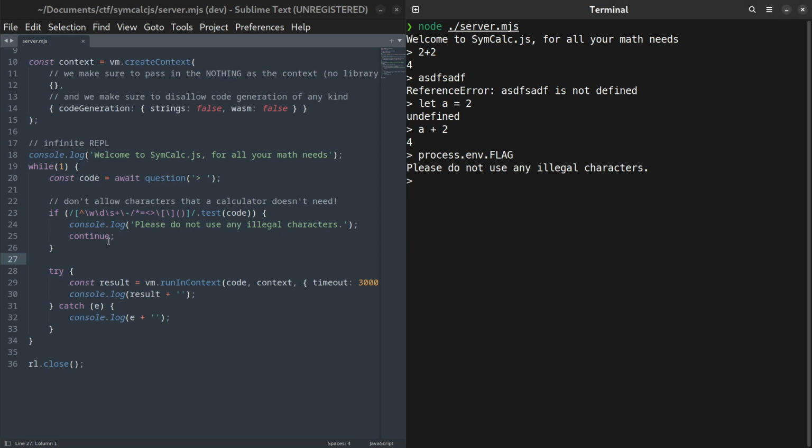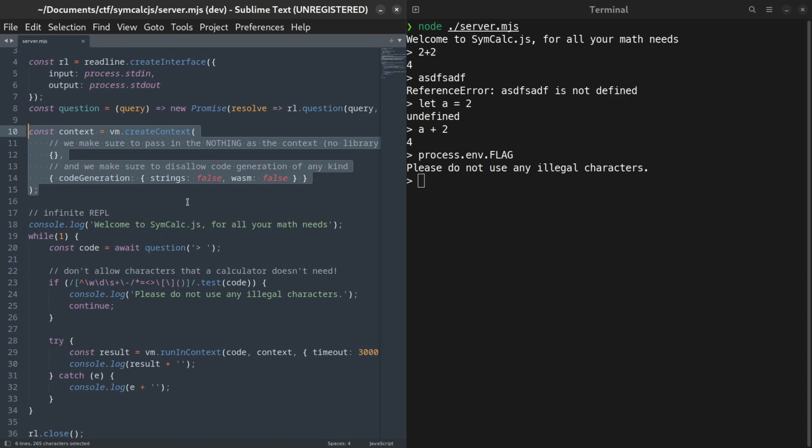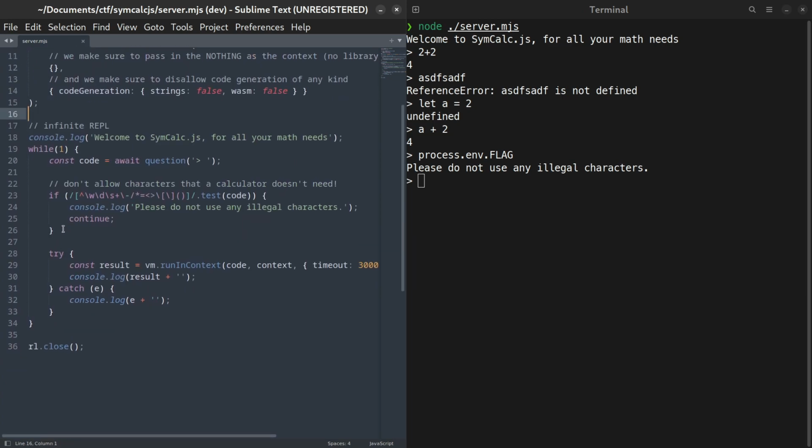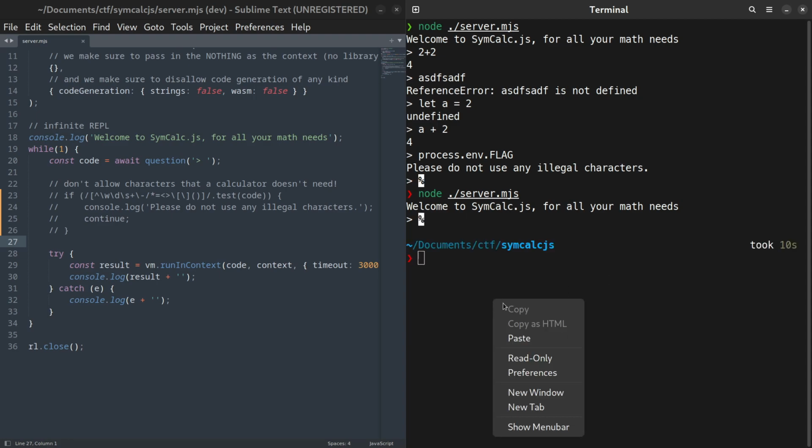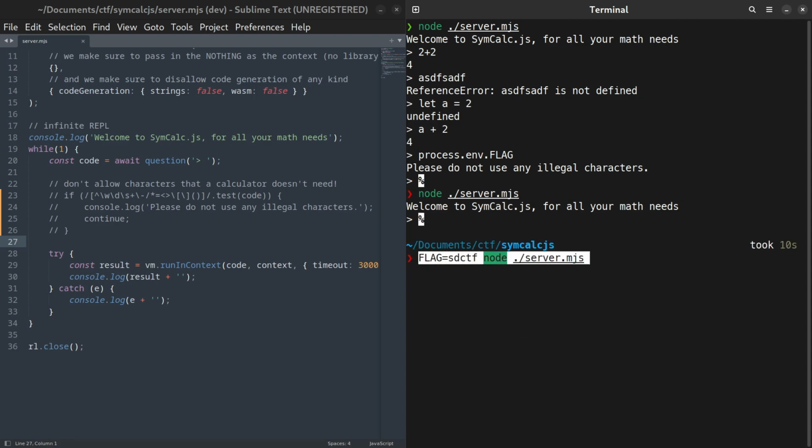That said, I would actually encourage a different approach in this case because there's quite a bit going on aside from just the character restriction. I think it would be a good idea to just comment out this entire check for now. There's no reason to fight against the character restriction while also figuring out the other features of the jail. It's important that we make sure we know what we're trying to do before we worry about how we're going to do it. When I run the patched version of the jail, I'm also going to pass in a dummy flag environment variable so we know when we've broken the jail.